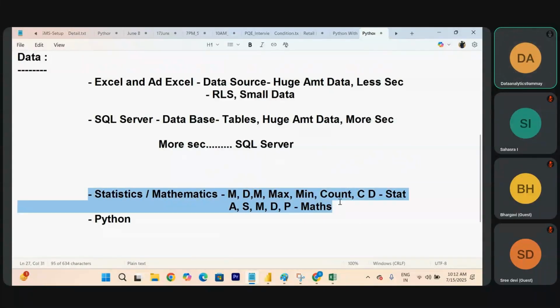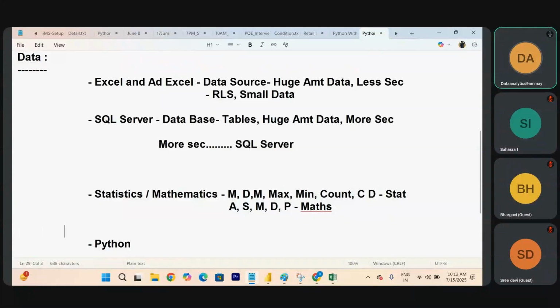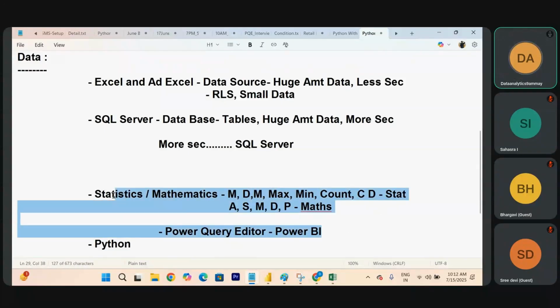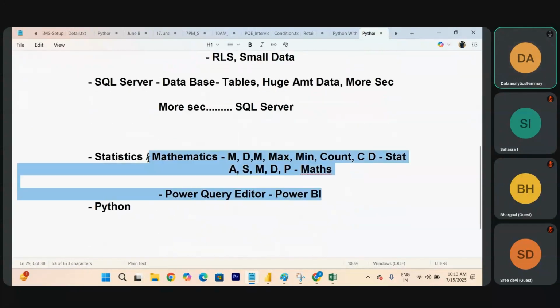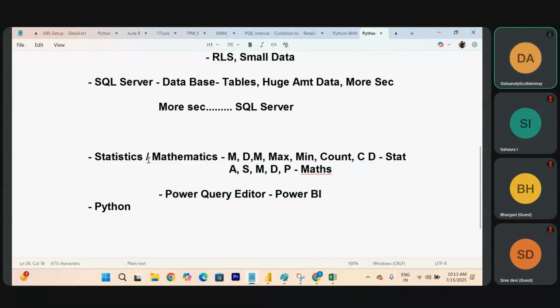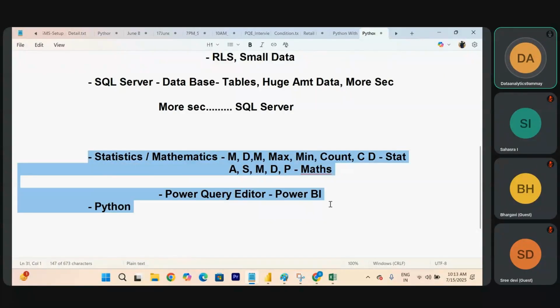It is integrated with your Power BI, in what we call the Power Query Editor. So where is it available? Power BI. It is free, no need to read separately. But you can put this in your resume to get shortlisted, to give a better impression.